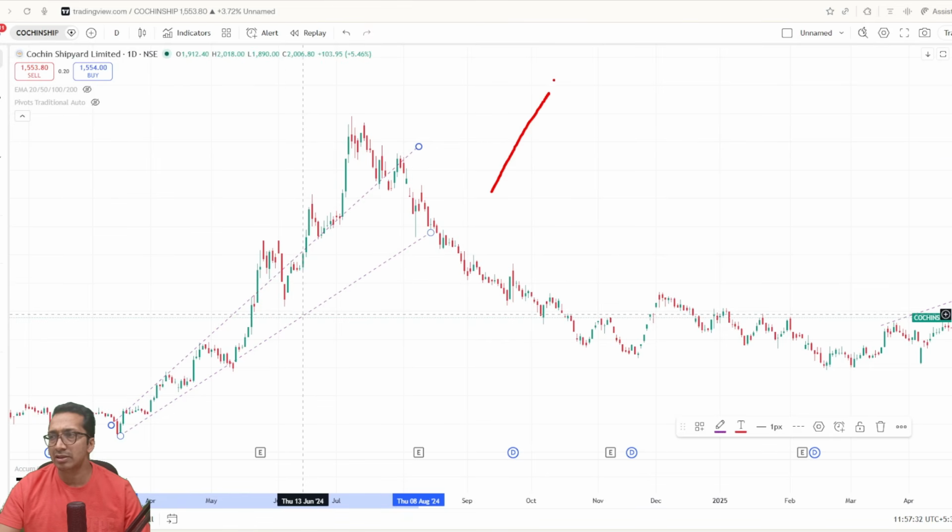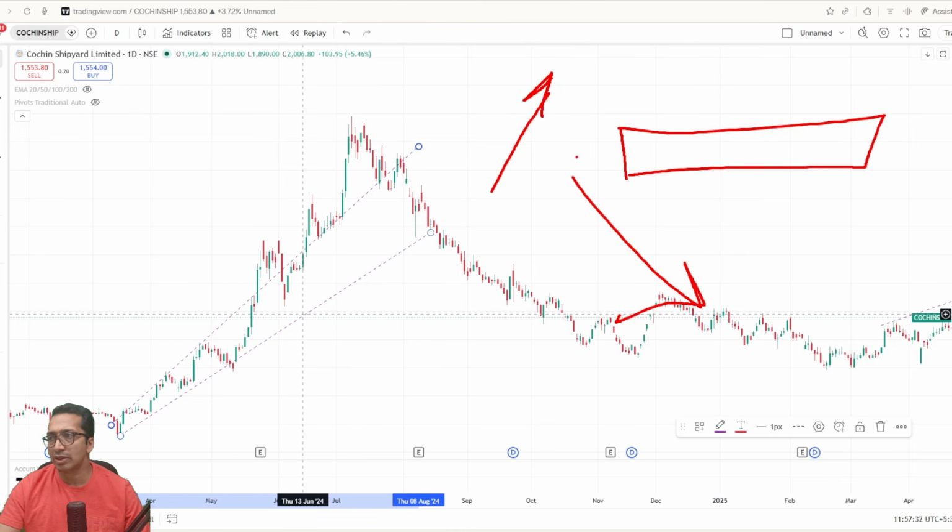One is a rising channel, right? One is a falling channel, and one is a sideways kind of channel. The importance of that is, once the channel is broken out on either side, we can expect a big move. And just in case the market again gets into the channel, suppose it has just fallen below this channel,